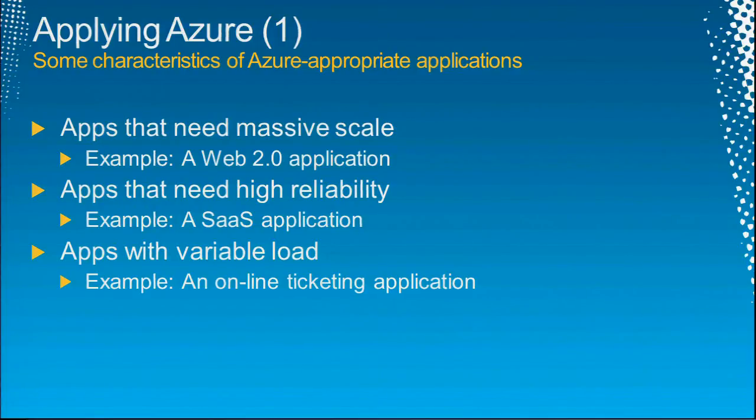So Lady Gaga tickets go on sale. And the app's load goes like this for an hour, for 2 hours, until the show is sold out, as of course it will be very soon. Then it drops back to this. How do you provision a data center for an app like that? Well, option one, buy enough physical servers for the peak. You could do that. But if you do, you spent all this money on servers that sit empty most of the time. Very expensive. Option number two, use a cloud platform.